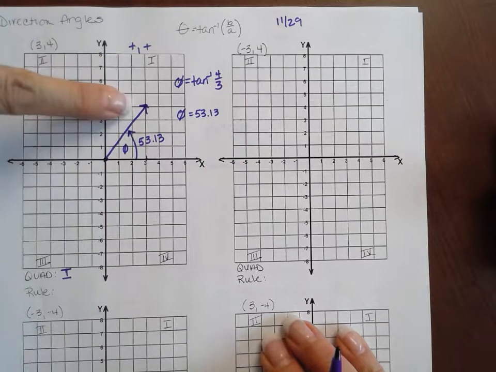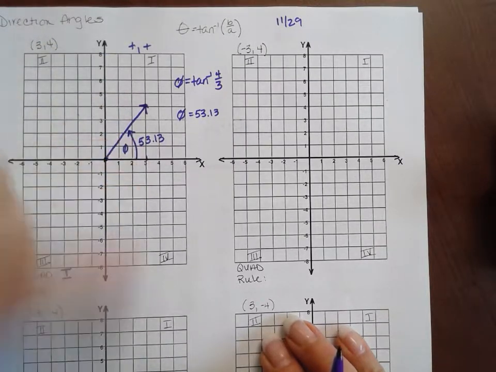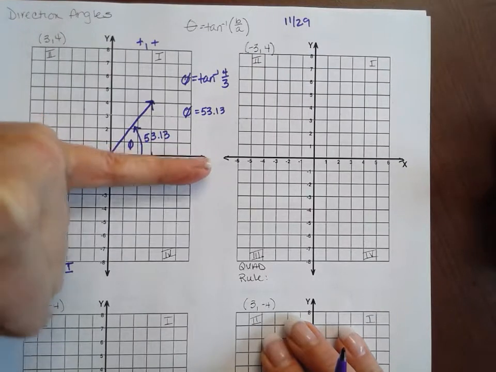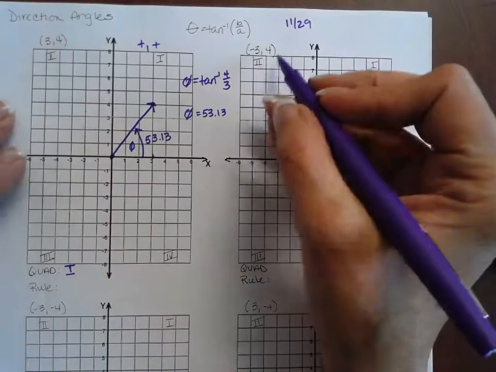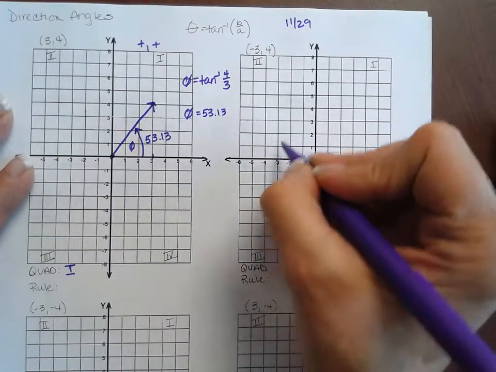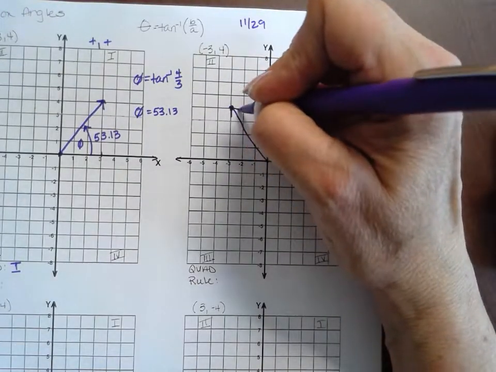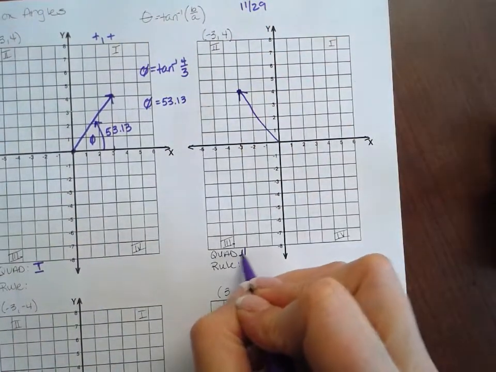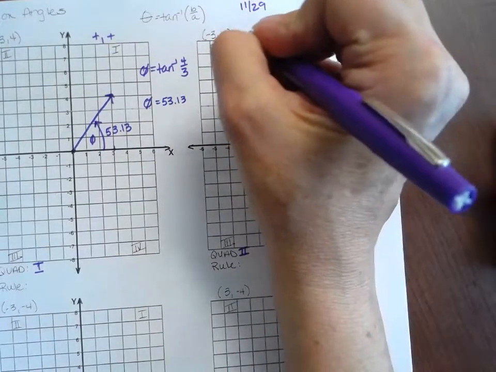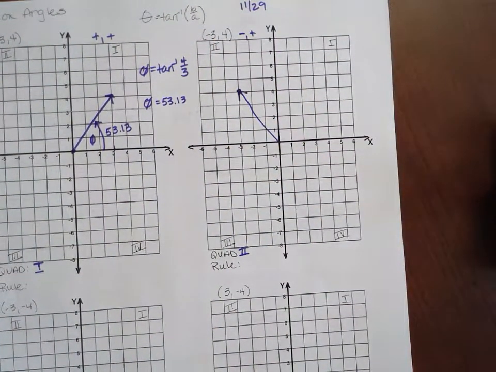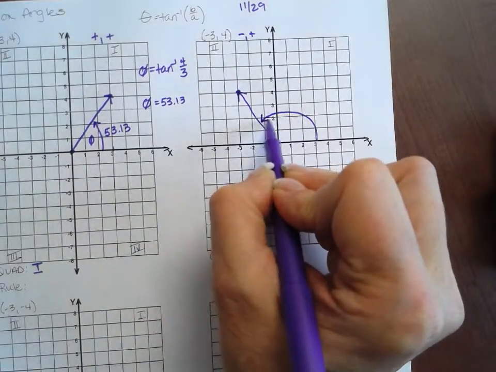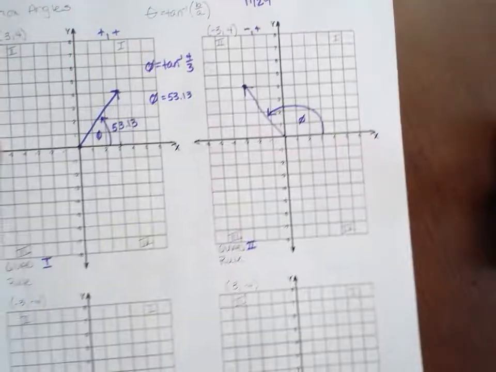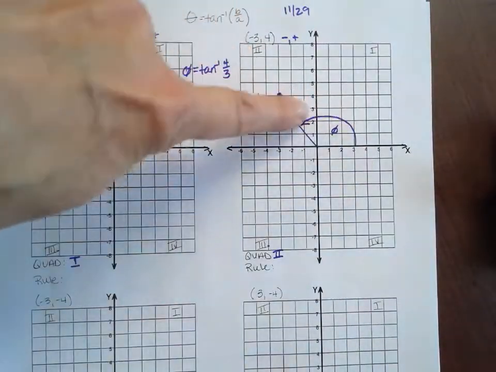Positive gives us a vector in the first quadrant, and it's the directional angle from 0 up to here, right? Okay, now let's look at the next one. If I'm at -3, 4, now I'm in the second quadrant, because it's a negative plus, right? And now I want this whole theta area from the start to here,